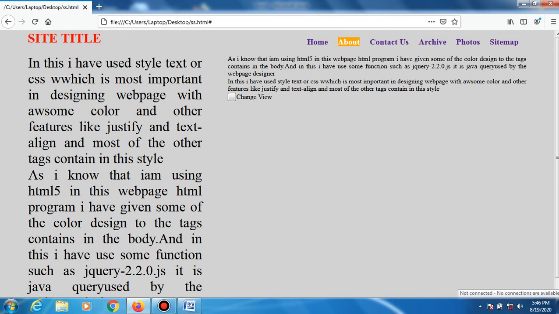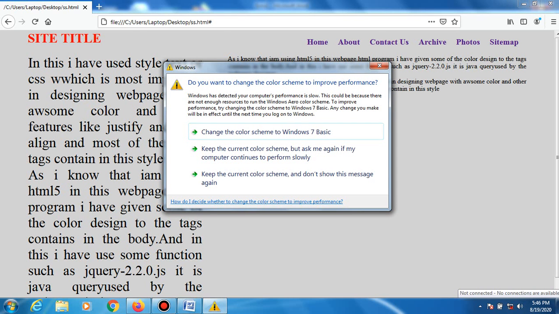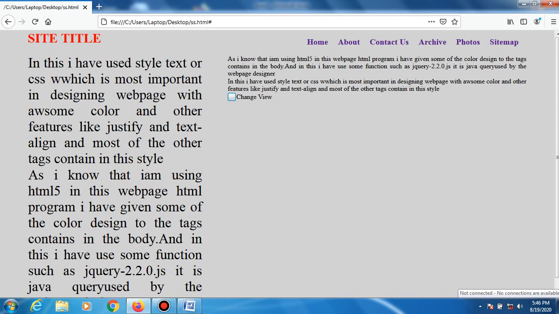The color is changed now. You can easily see the color. In the previous, the color is blue. Now it has changed. The change view is a button which is used to change the views, right? And this word's color is red. It is not represented automatically. The system does not understand the requirement of the user.